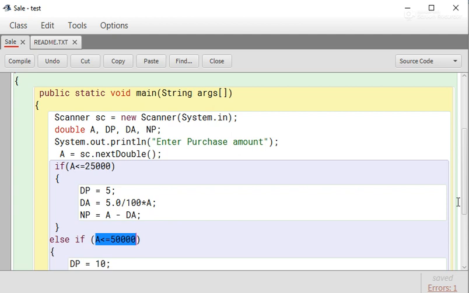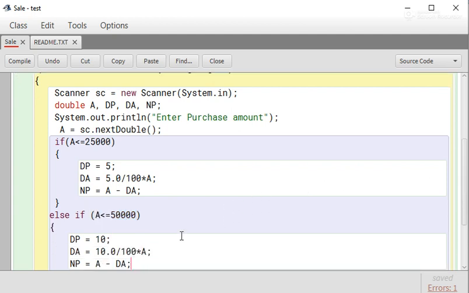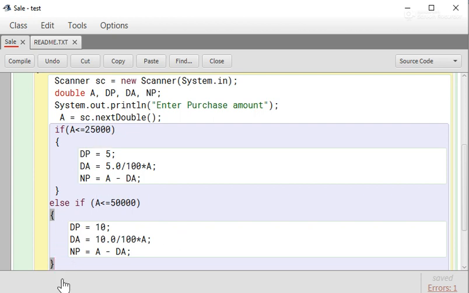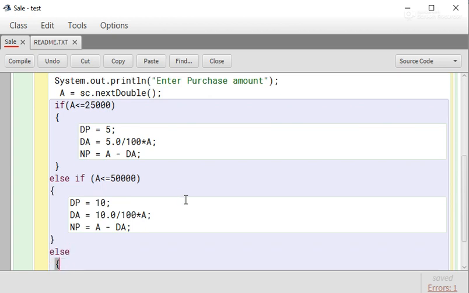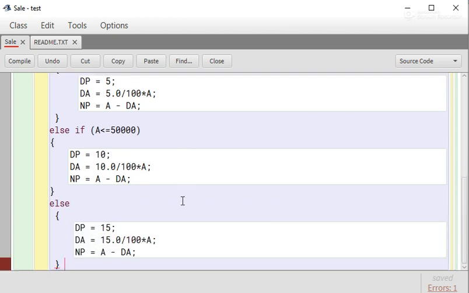then if this condition is true, then DP equals 10%, and in the same way DA and NP are calculated. Now if this condition is also false, suppose purchase amount is 55,000, then it will come to the else part, and in the last case there is no condition.